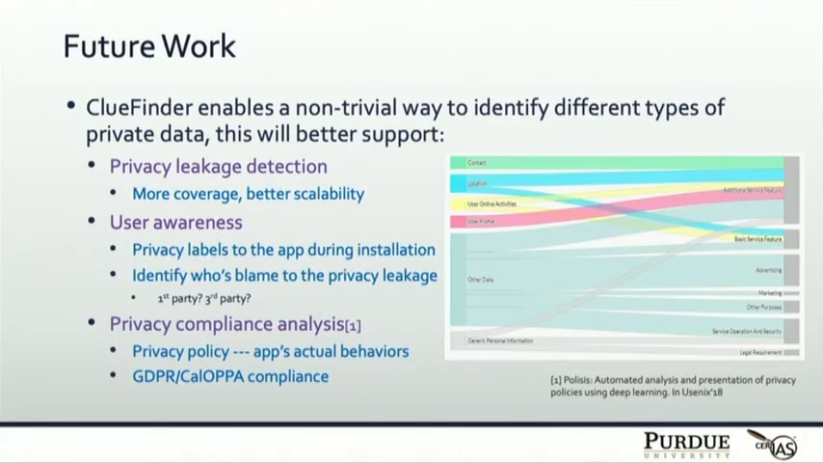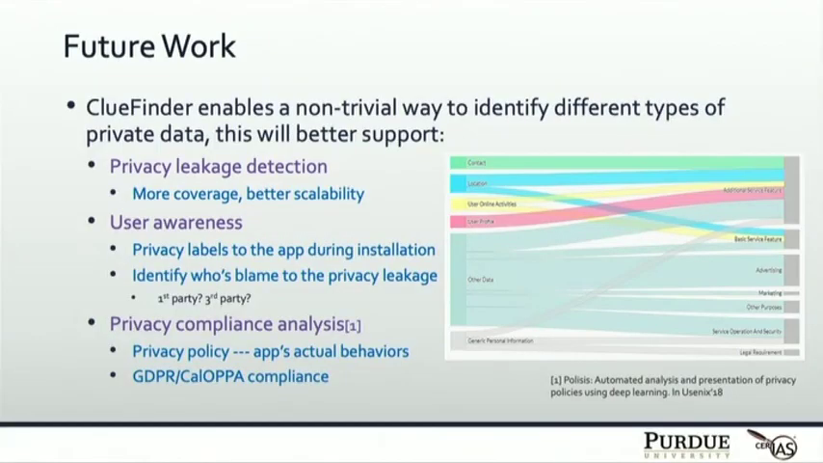So let me talk about some of the future work. ClueFinder enables a non-trivial way to identify different types of private data. And it can better support privacy leakage detection because it enables better coverage and scalability. Also, with tools like ClueFinder, we can give users better awareness about privacy leakage. For example, we can generate privacy labels by analyzing those apps and show these labels to the user before the app